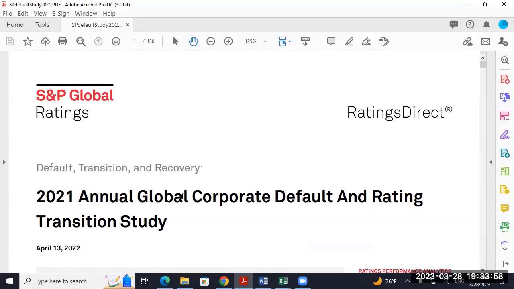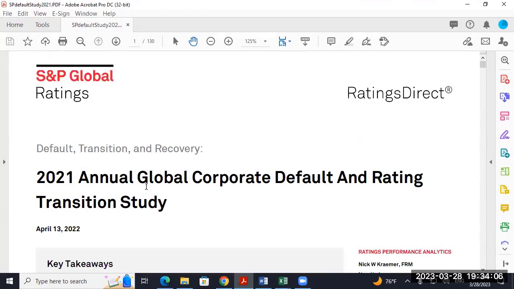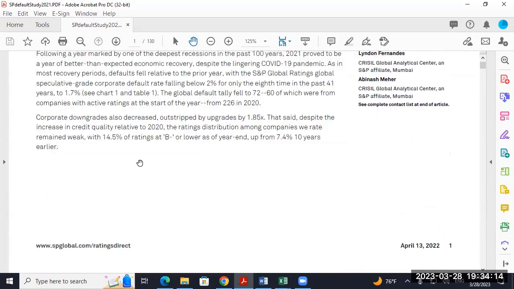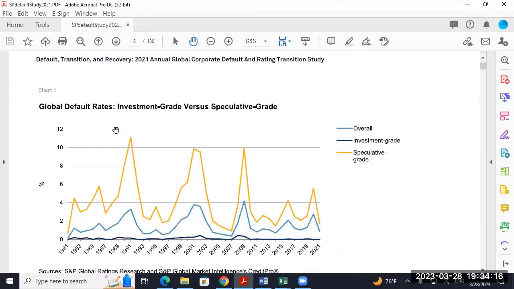All right, so I tried to find the default study from Moody's. It's like everything they do now. It costs money. You have to be signed in and all that kind of stuff. I did find one from S&P. It didn't come from their site, so someone probably got it and put it out on the internet for free. I'll try to remember to put this out on Blackboard, but it's 130 pages, which sounds like a lot, but